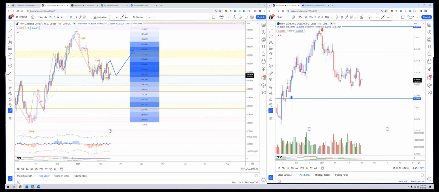All right, same thing. I think New Zealand will likely go back to this very, very busy, very congested level here. I am talking about somewhere around 0.613. All right, so gentlemen, don't short it down. I think the market will likely go back up higher first, in my opinion.